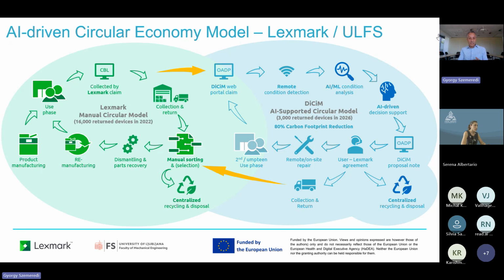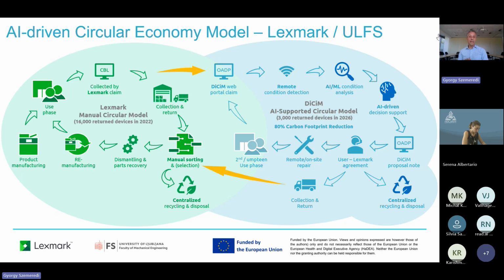And then afterwards, we select the printers for dismantling, remanufacturing, and recycling or disposal. So if we're scrapping printers, this is something we could do locally in a country, since Lexmark already paid the product environment fee. And in Spain, we have many solutions for local recycling and local scrapping of the units that we don't want to use for remanufacturing or any RE strategies.